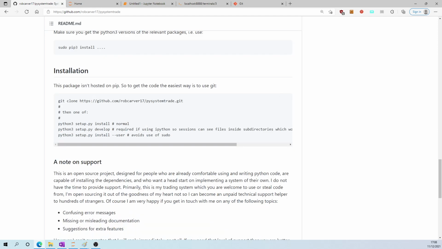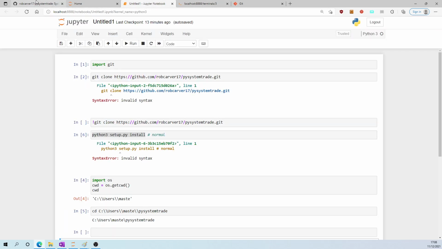Let's move on. Chapter 2, git clone. Unfortunately, we can't type pip install PySystemTrade because, as Rob says, his package isn't hosted on pip. So to get the code, the easiest way is to use git clone blah blah blah. I tried running this in the terminal and I tried running it in a blank Jupyter notebook